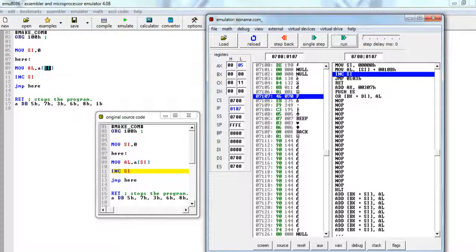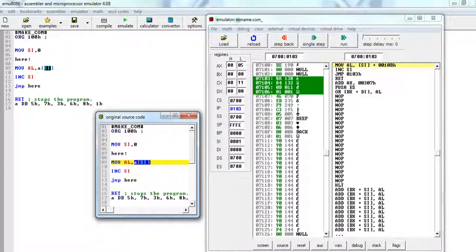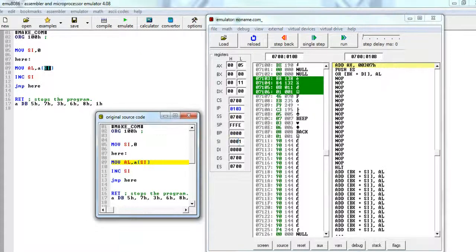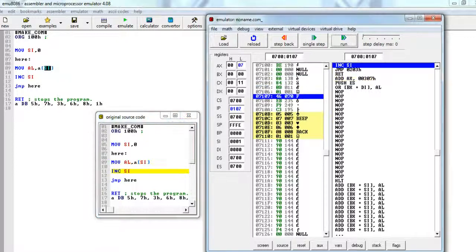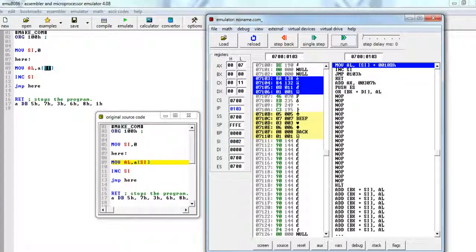Then we press one more step, so it says jump here, so this will jump back to there. So, jump back to here, and this time SI has 1, so array 1 means 7, so AL will get 7. After press one more step. Yes, array 1 got 7, and the next step is going to jump here, and it will jump back